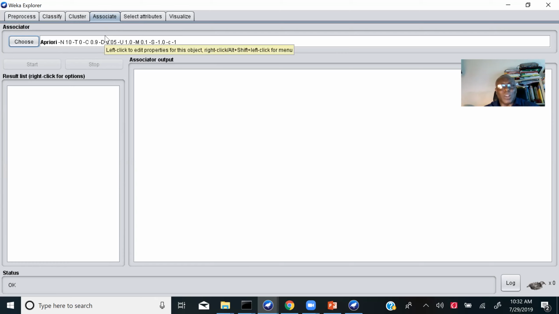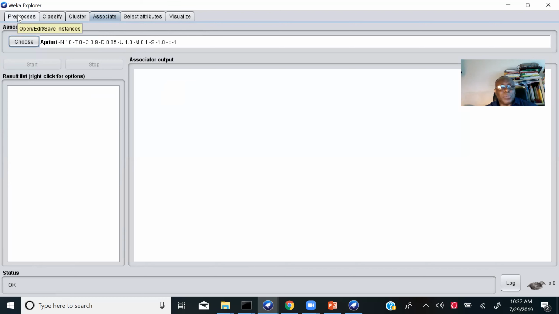Let's say, for example, if I buy bread, what is the chance of buying peanut butter? Or if I buy a computer, what's the chance of buying a printer? So association is very important also. Then select attributes and also visualize.